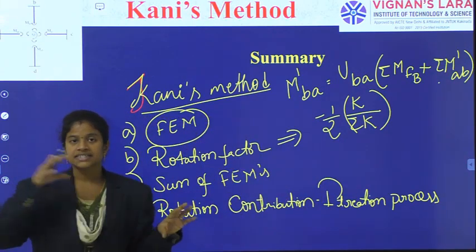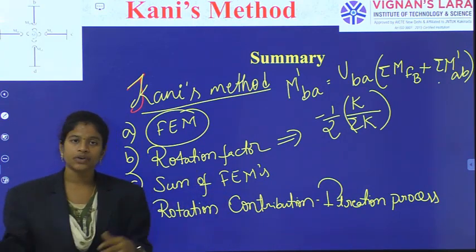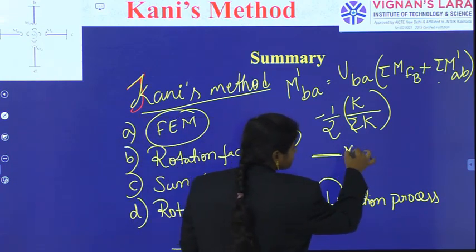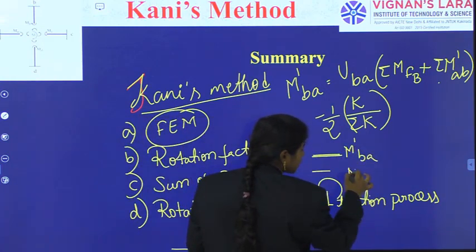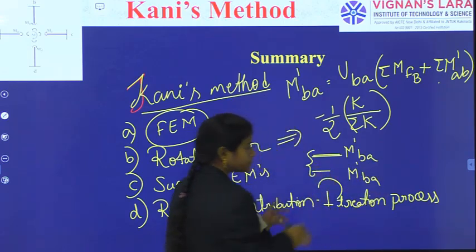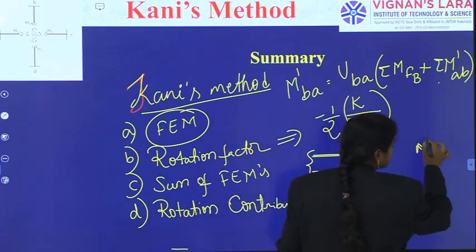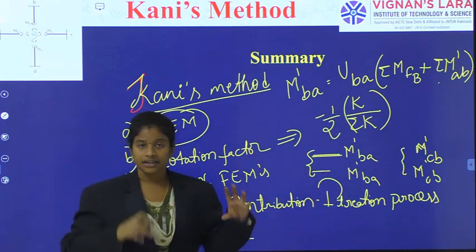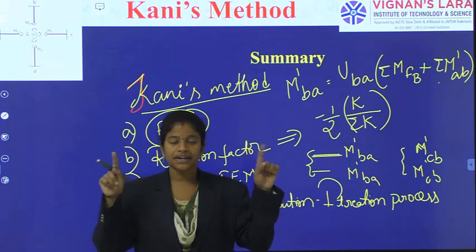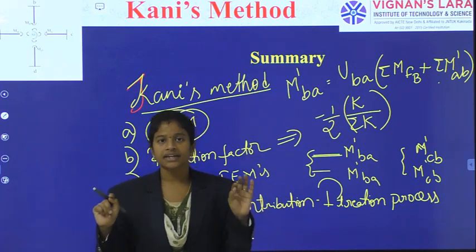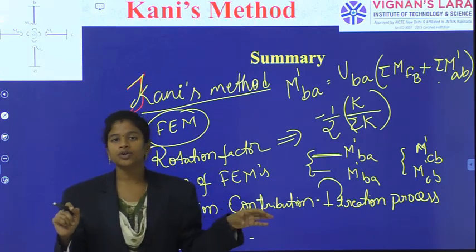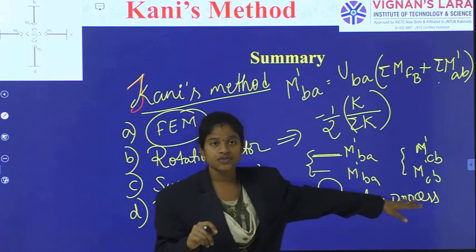So, first joint, again second joint, again first joint, second joint. Like that we will do. Up to which we will do? Where the upper value of M'BA and the next value of M'BA should be somewhat nearer. Similarly, for M'CB in the next cycle, these two values should be somewhat nearer. So, when I am completing BC, where the upper value and the lower value are coming equal, at that time we will stop, or near to equal also we will stop. Okay, so in this way we are stopping.